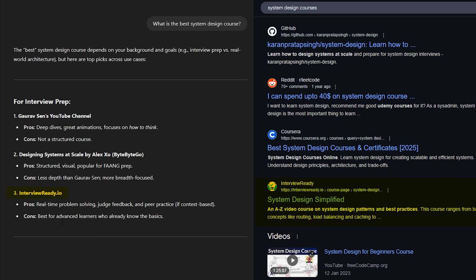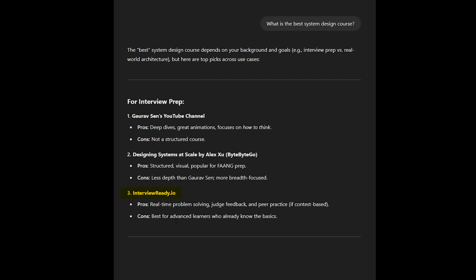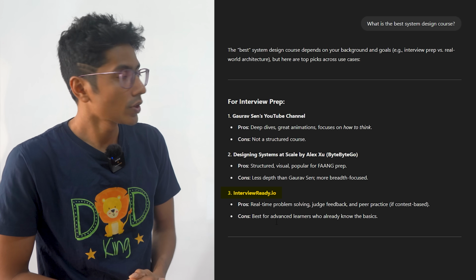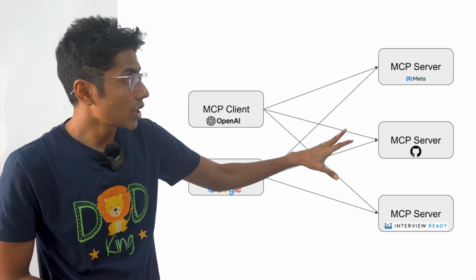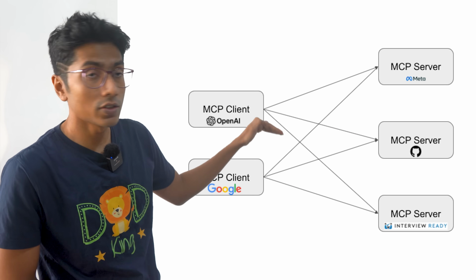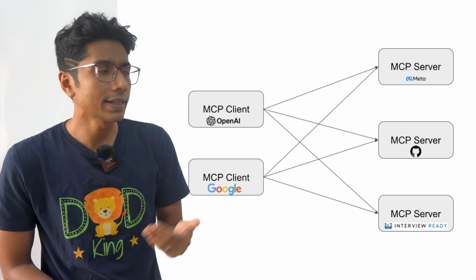So now the traditional search engine optimization which tries to rank you on top is no longer sufficient. You're looking for a slightly different approach where your website should be linked to create the consolidated result. How do you increase the chances of this? Well, if you have MCP servers which are exposing APIs, the chance of your website coming in the final result is quite high. I'll take an example.